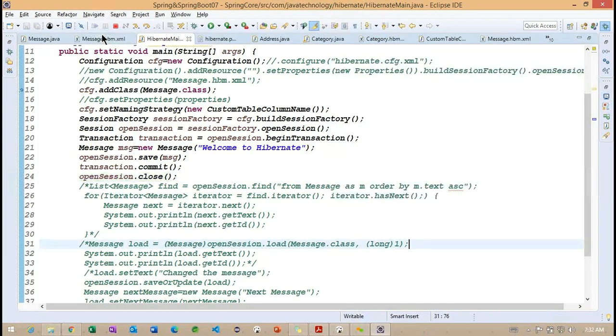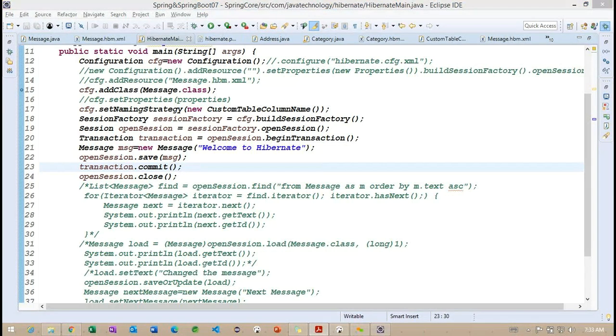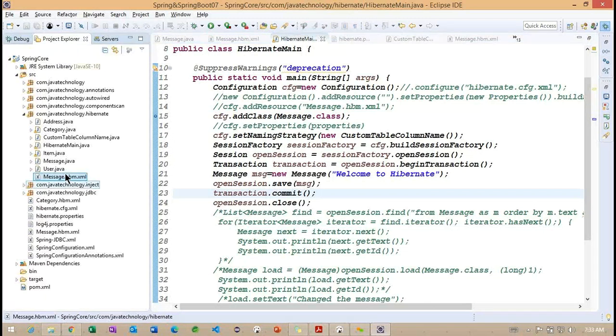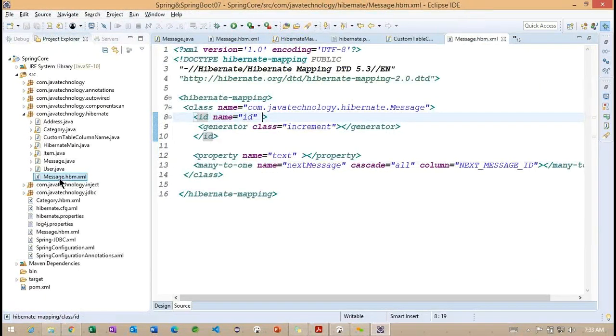Insert into text. Okay, so which is not calling here. Why is it not calling? So let me check how it is trying to load, because I removed the mapping information in both locations: name, ID, message, cascade all.